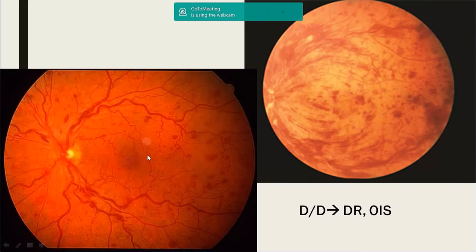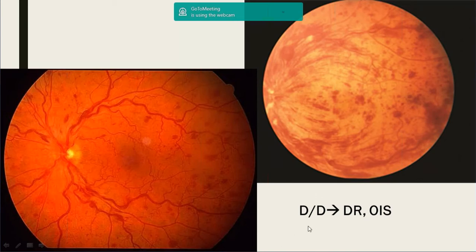First of all, understand why are we calling it a central retinal vein occlusion? Because the features are present in all the quadrants. It is probably involving the vein or the artery, let's suppose. But why are we calling it vein? Because we can see multiple hemorrhages present. In here, we can see hyperemia of the disc, macular edema being present. So all these features are suggesting venous occlusions, and because the features are present in all the quadrants, you're calling it a central retinal vein occlusion.